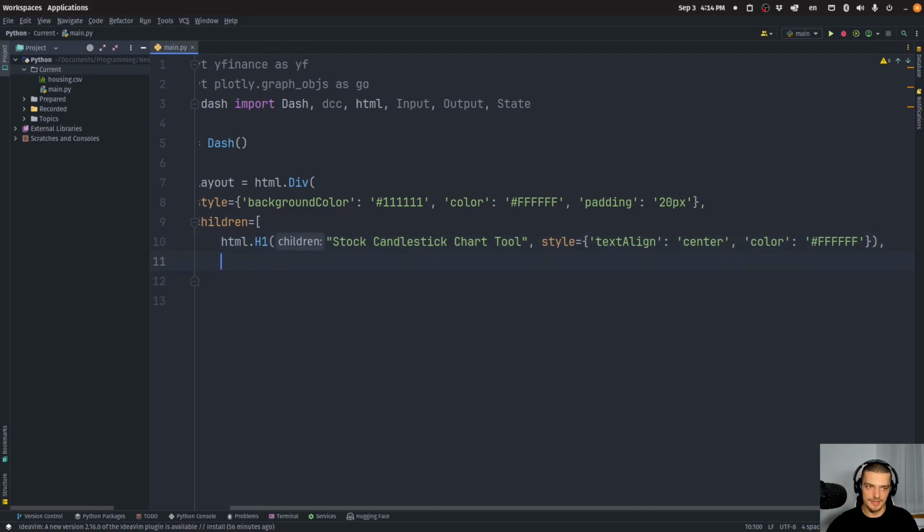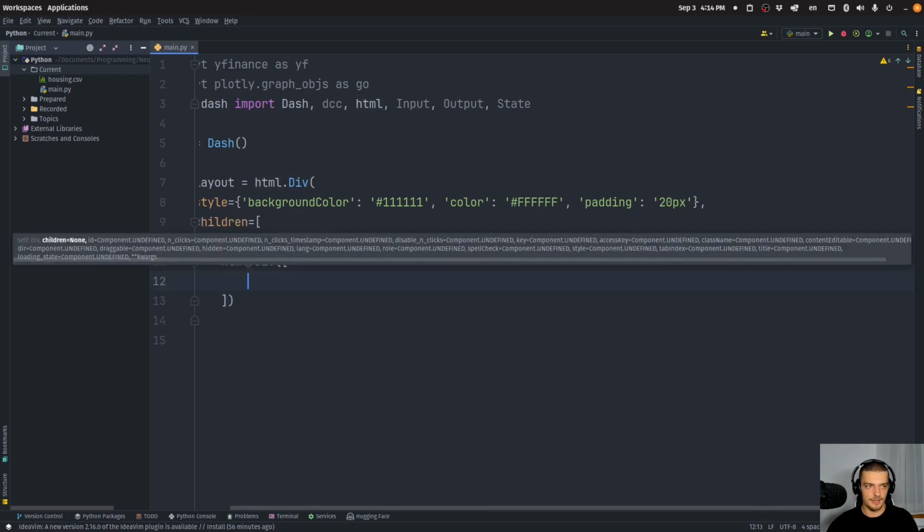Now, in addition to that, we're going to add now a text input. We're going to add 2 date pickers and a button. And then we're also going to connect some functionality with those. So we're going to say here, inside of the div, I want to have another div. And this div shall contain now, first of all, a label, HTML label, which is going to be enter stock ticker symbol. And this is also, of course, going to have the same style. It's going to be color white. I think you can also pass white as a keyword here, but I'm just going to go with the